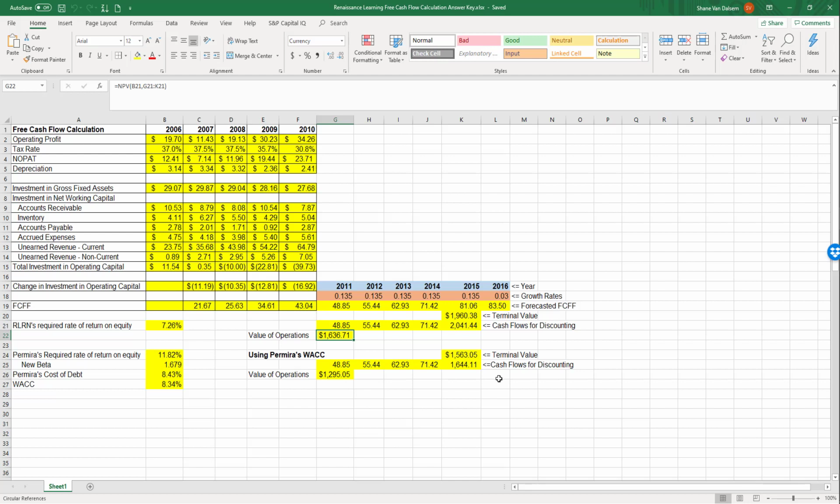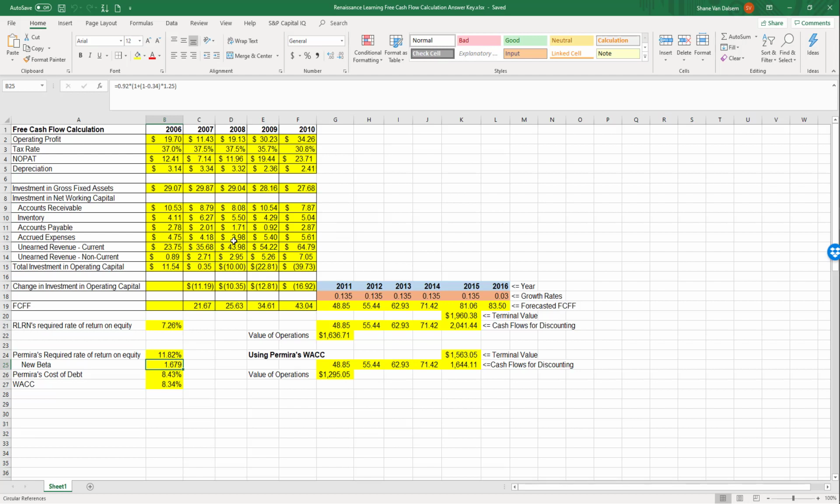So for Permira, it gets a little more complicated because they're going to take on a lot of debt when they purchase this company. Their new capital structure that they're going to assign to Renaissance consists of about 56% debt and 44% equity. It was a little bit different than that, but those are rounded numbers. So we're going to take on a lot more debt. When we do that, we're going to